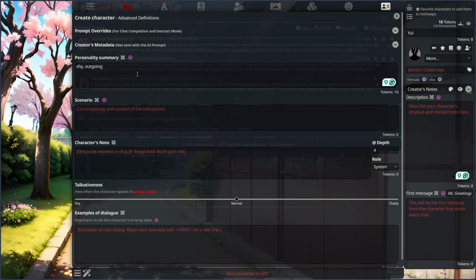Now let's move to something very important that you should provide. Shy may be a positive trait or a negative trait, and of course, if it is positive, it will be something good, while if it is negative, it will be something bad. One important thing you should follow is to mention whether personality traits are positive or negative, to help the AI distinguish between the good personality traits and the bad ones. The same goes for outgoing. Outgoing is something good because someone can talk with others, help others, and so on. But if it's a negative trait, it means it will be in a bad way.